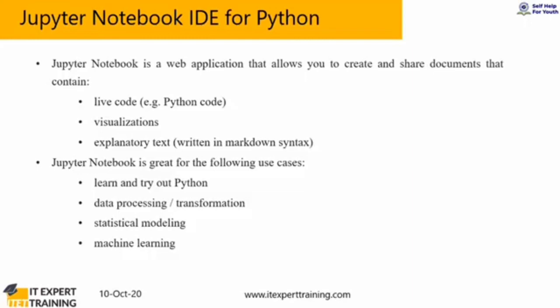Anything you can include to explain your code. So you can improve the readability of your code by including appropriate explanatory text in your Jupyter Notebook. It is great for the following use cases: learn and try out Python, data processing and transformation, statistics,